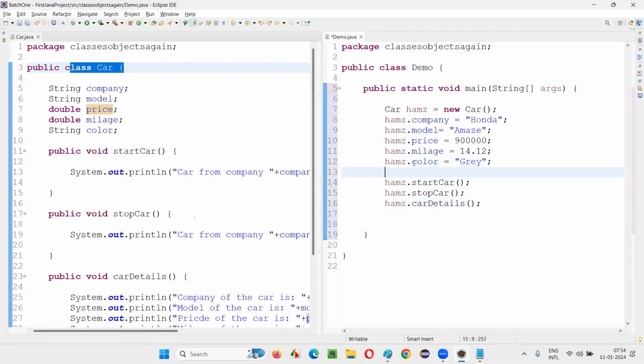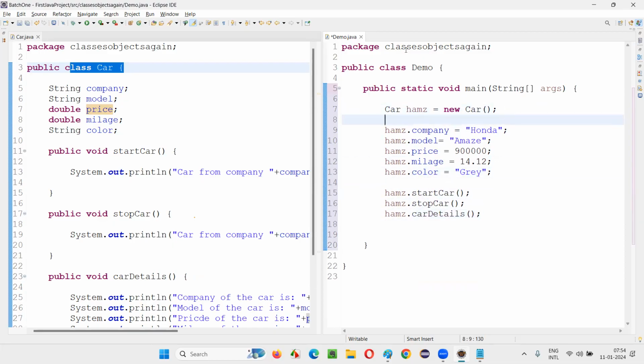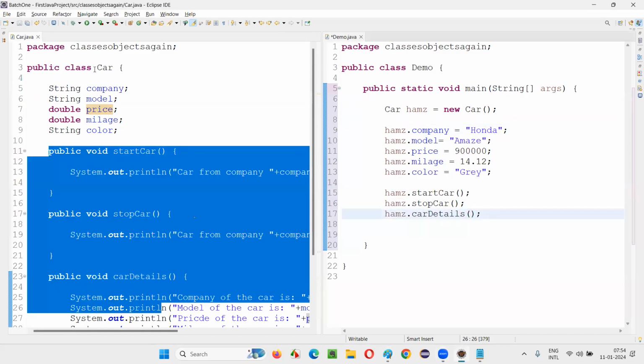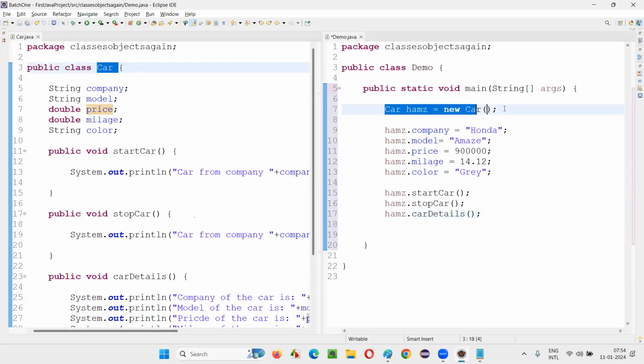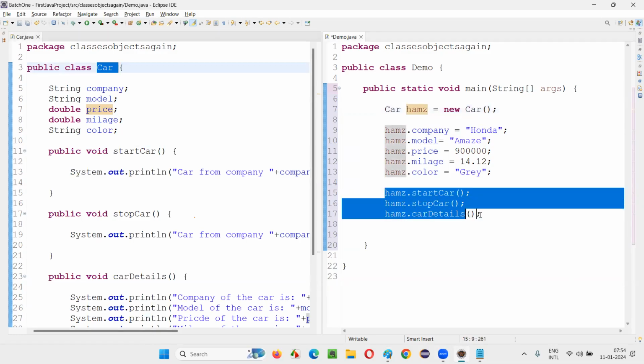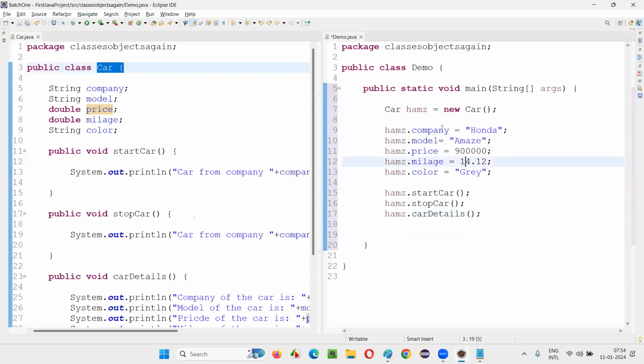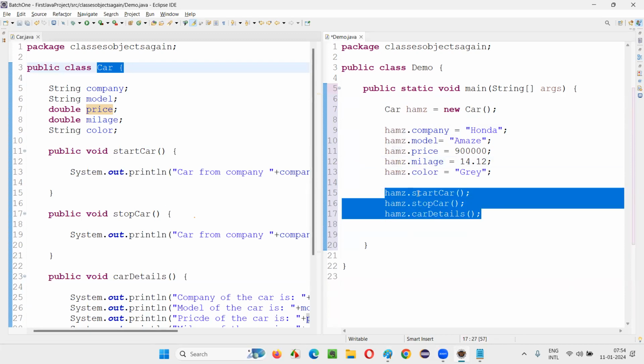So there is one thing that you have to understand here, guys. Everyone focus here on what I'm trying to teach. In order to call the methods which belong to a different class, I need to first create an object, and using the object reference, I have to call the methods. Yes or no? I have to create an object for that particular class, and using that object reference of the class, I have to call the methods. Right or wrong? Everyone type yes if it is yes.